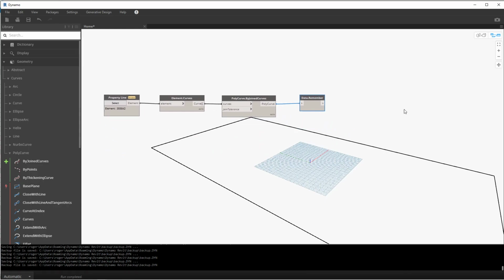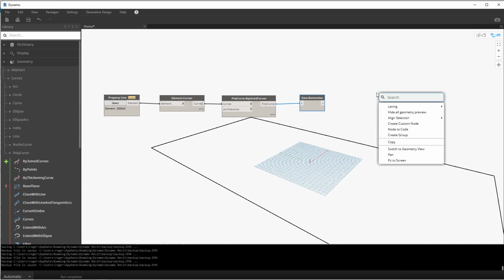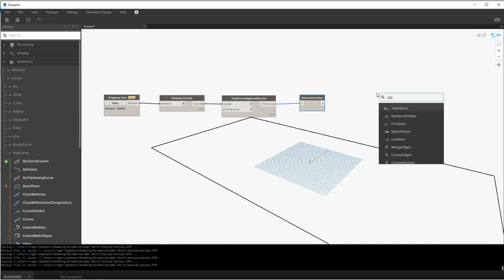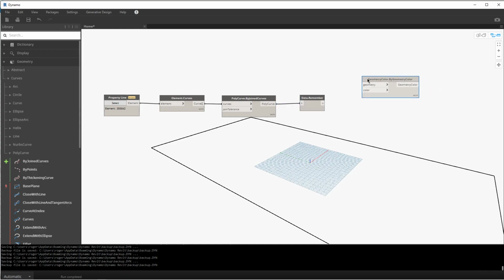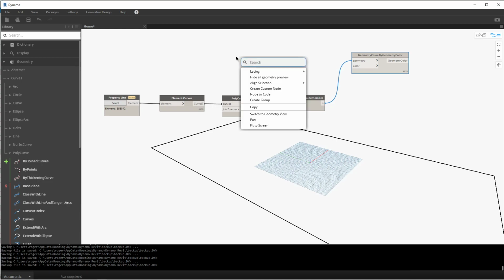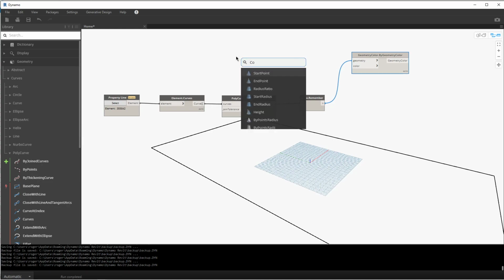One of the things I want to do is give this a color right away just for clarity. So I'm going to use Geometry dot Color, it's called geometry by geometry color. And we're going to plug this in. We won't really see a change yet because we actually need a color. I'm going to pull this up here and we're going to grab a tool that allows us to create color, and it's by